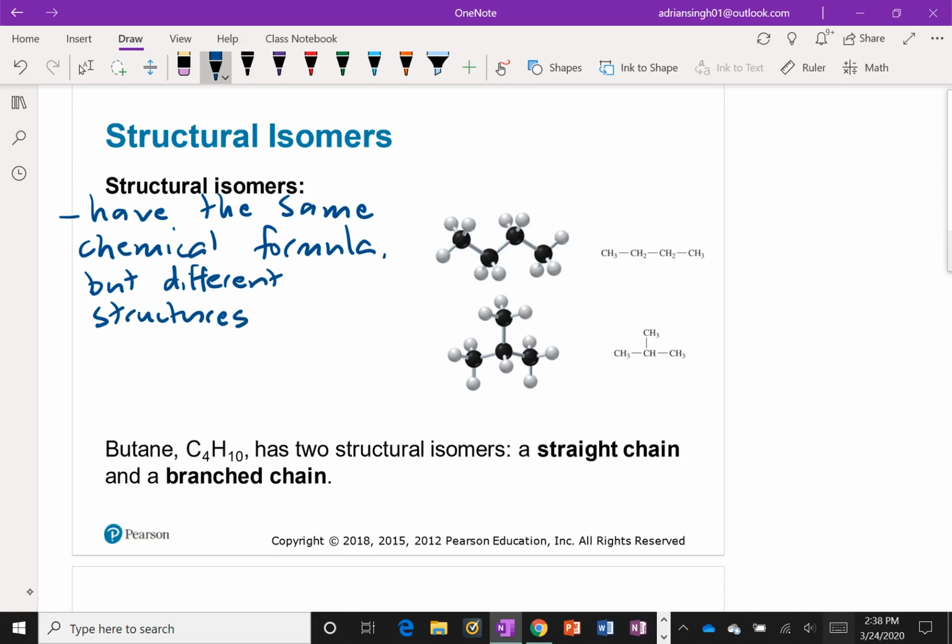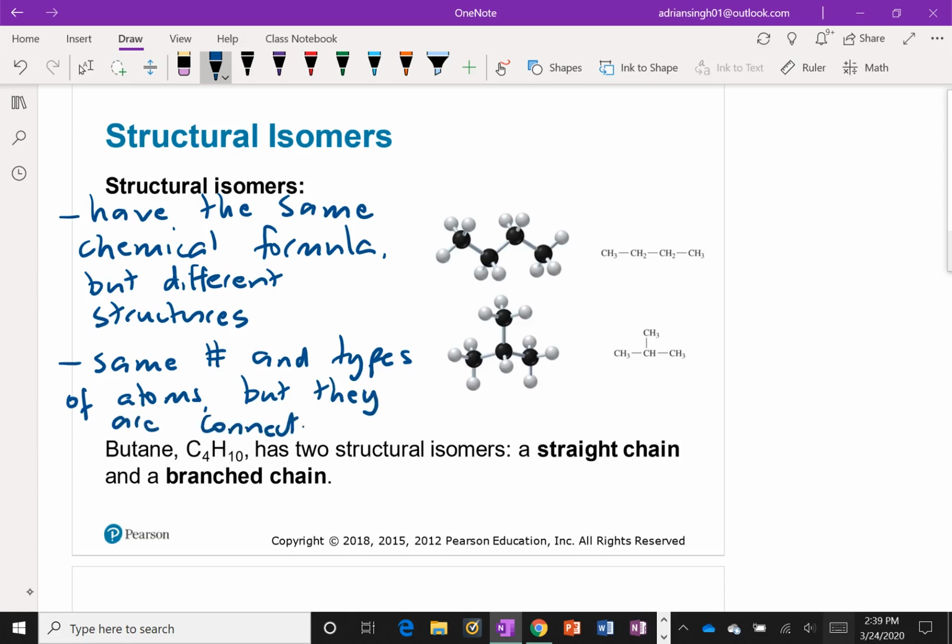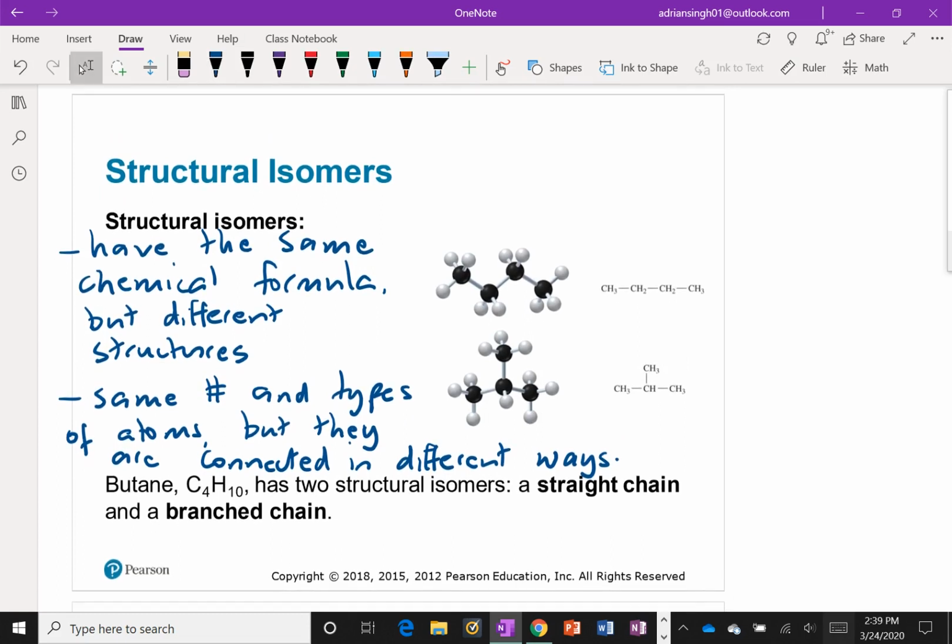Right, so in other words, they contain the same components, so they have the same number and types of atoms, but they're connected in different ways, and that results in a different structure, which is going to have different properties associated with it, right? You can think of an analogy to a structural isomer if you're familiar with